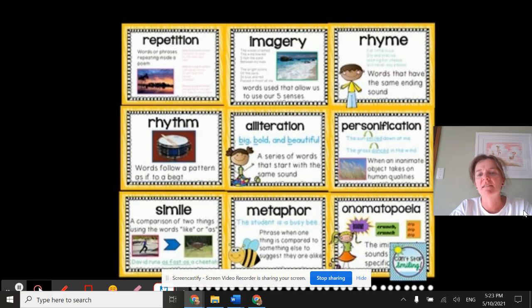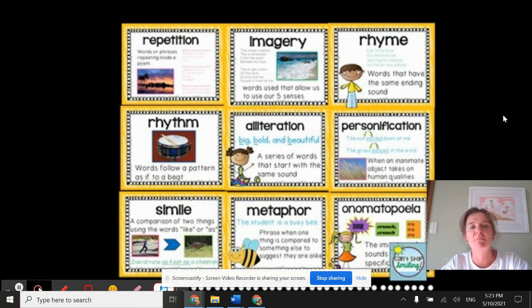Now on here, I've got some things that you might find in poetry. Poets sometimes use these things. They might use repetition. That means a sentence that goes over and over and over again. Imagery, they might build up a picture in your mind and use the words in an interesting way, almost like painting a picture with the words. They allow you to use your 5 senses as well to visualize that and really experience it, make it real even though it's not. They use rhyming words. So rhyming words are cat and hat, bat and rat. They're words like round and found and sound. So the end part is the same.